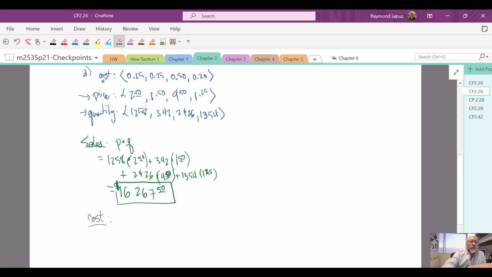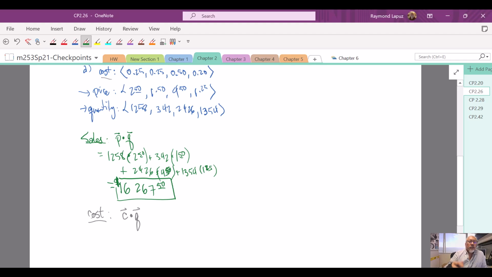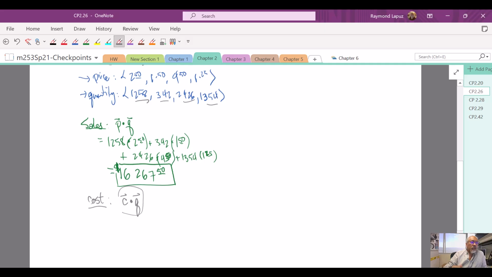So the cost would be the cost times the quantity. So that's the vector C dotted with the quantity. And by the way, these are vectors, so we should denote them as such. So what we're going to do for the cost part is take the dot product between the cost and the quantity. I'm just going to tell you the result that I got, which is $1,883.80,